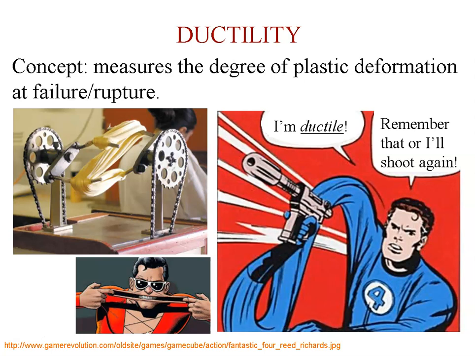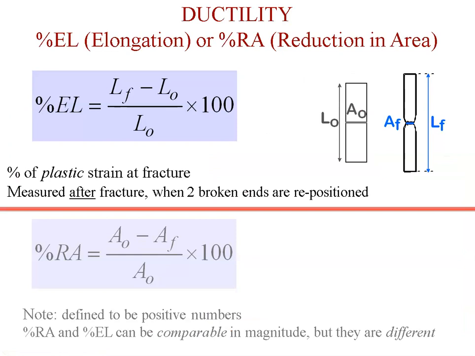As you can see, that type of deformation is plastic because when you grab it and pull it out like that, if you were to let go, it does not spring back to its original shape. You've permanently deformed it. We measure ductility in two possible ways. The first is percent elongation at failure. We're only interested in the plastic deformation. So after the material breaks, we put the broken pieces back together to measure L final. We're not interested in the amount of elastic deformation that was recovered after we took the load off. The other way to measure